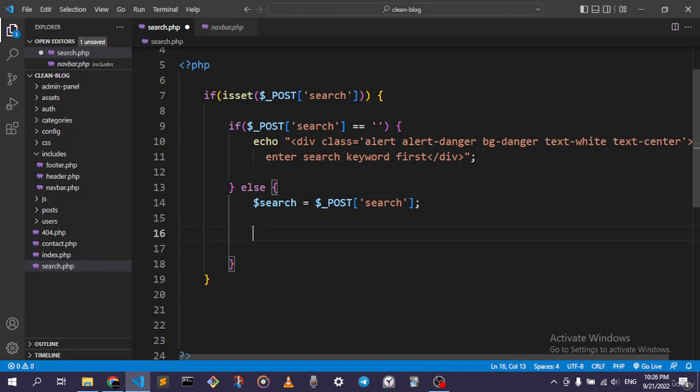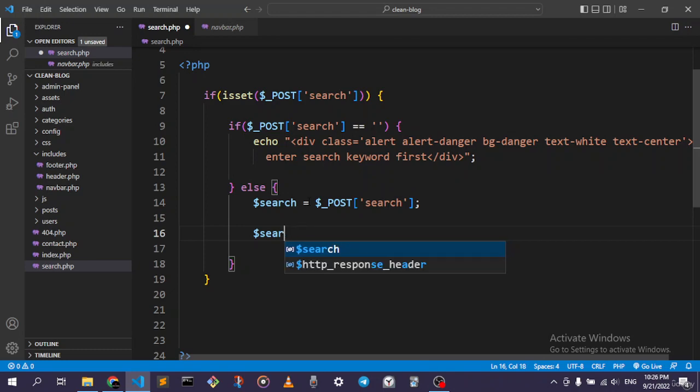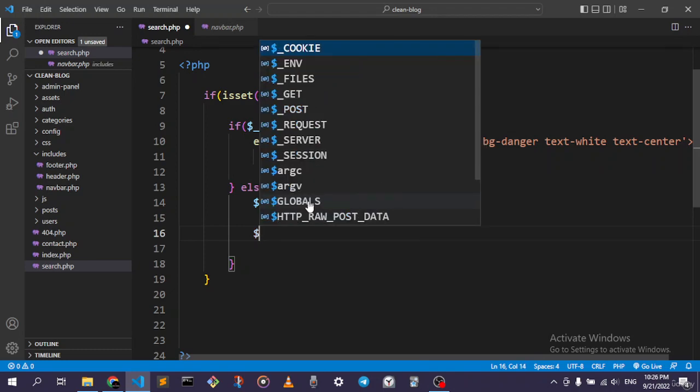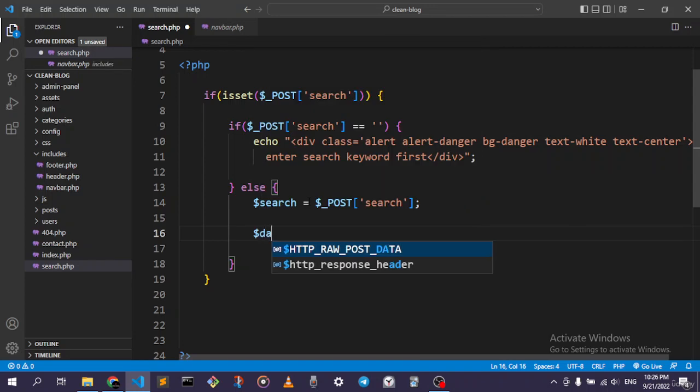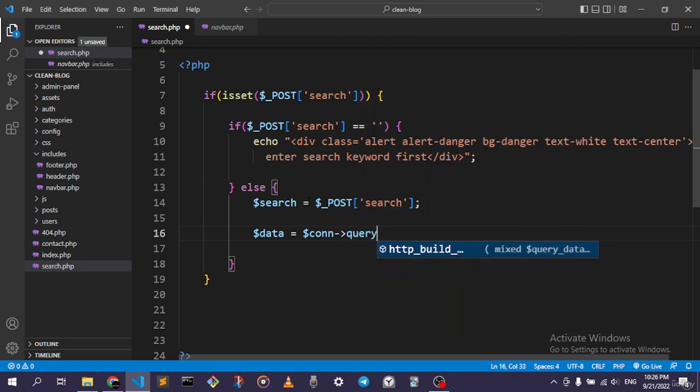And now we can do our own query, and for the query we can go search. Well, let's not keep it search, maybe we'll go ahead and write in data. That's fine. And now we're gonna go for the connection, and this is going to be query select